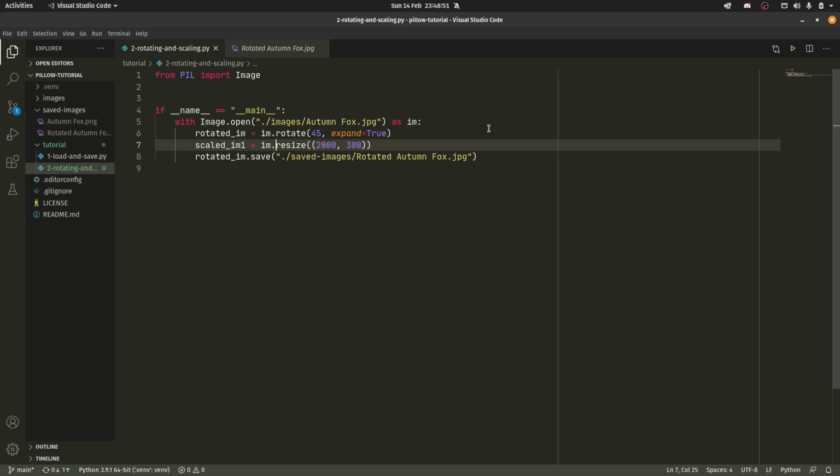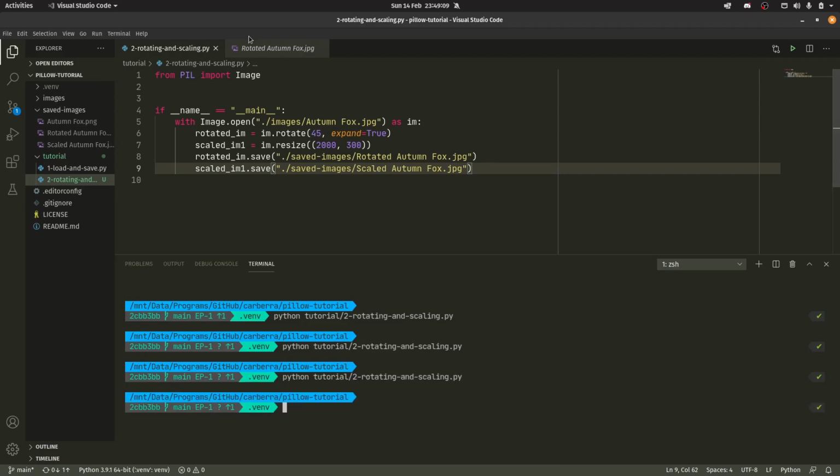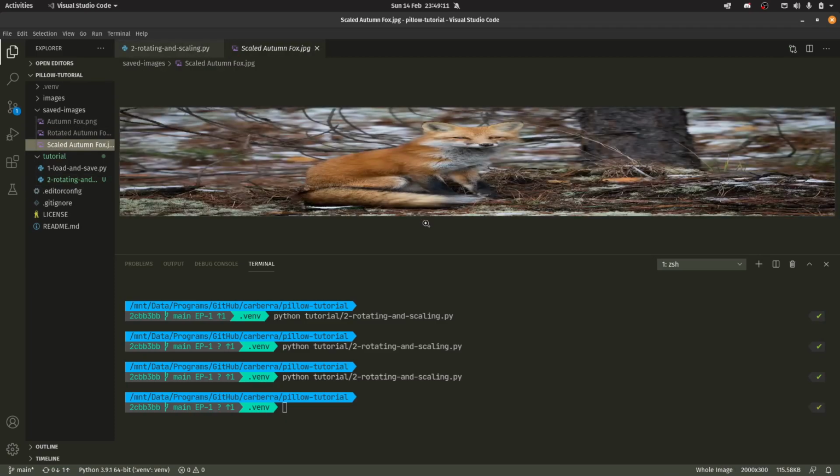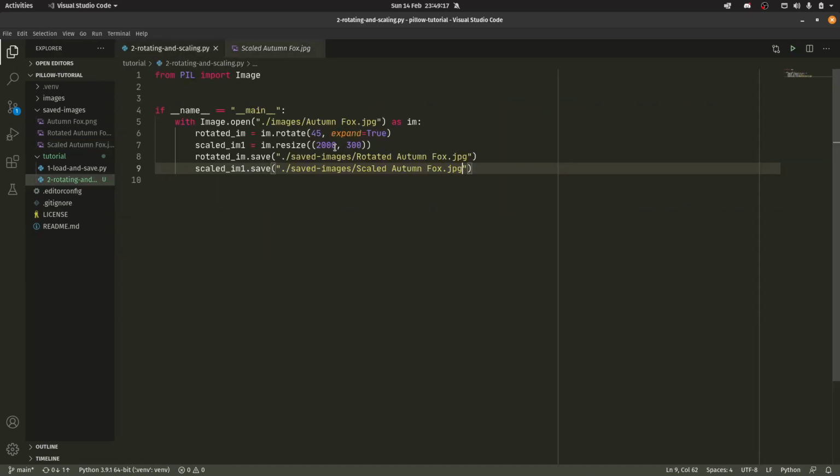And then we can go, if I just grab this, scaled_image_1.save, saved-images. Whoops, it is a dash, not an underscore. And we can have scaled autumnfox.jpg. .jpg, not jog. Bring up the terminal, run the thing again, and we have this new scaled autumn fox. And as you can see, we have one very long boy there. And if we say swap them around,